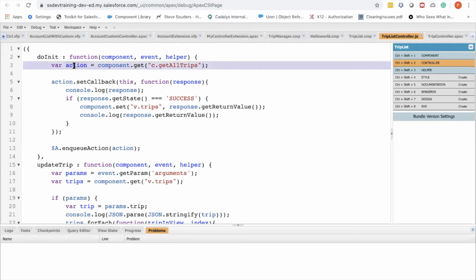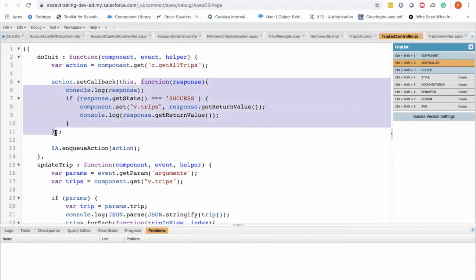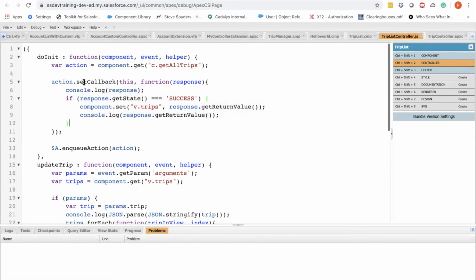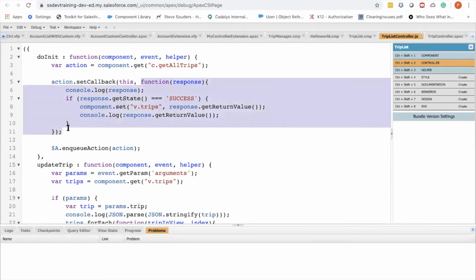Now that I've created the instance of the method that I'm going to invoke, I'm attaching a callback which gets invoked as soon as the request is completed. And I'm adding the action to the queue so that Salesforce can process my request. As soon as the request is processed, you can see this function gets called.